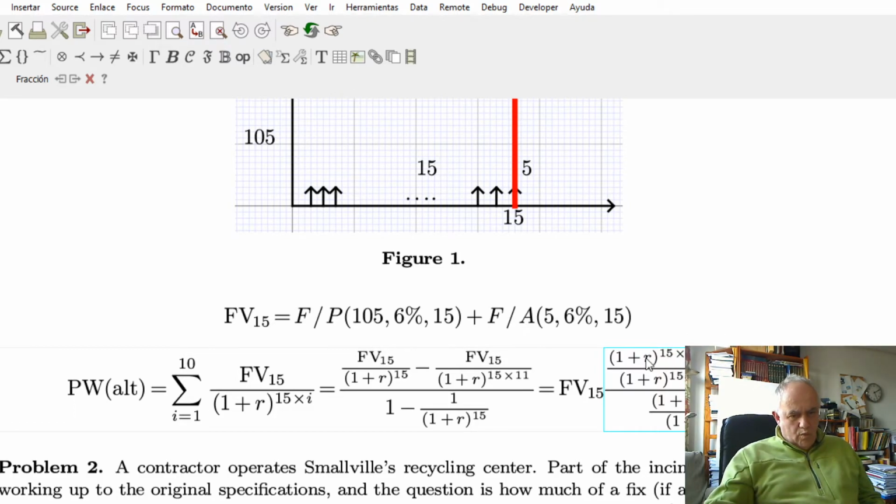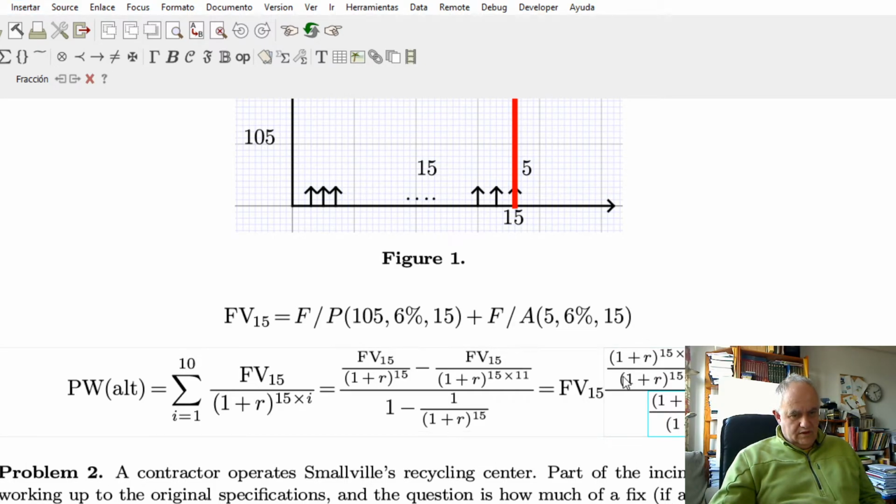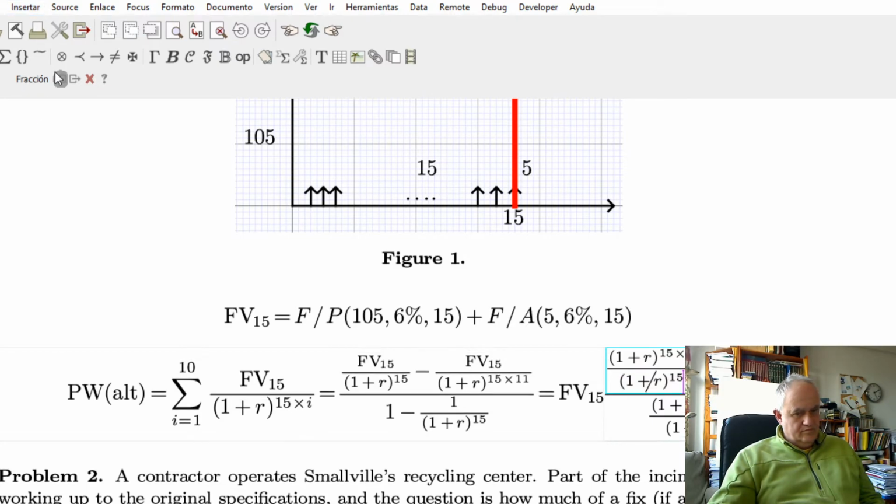Then we can eliminate this term, okay, eliminate this term, okay,